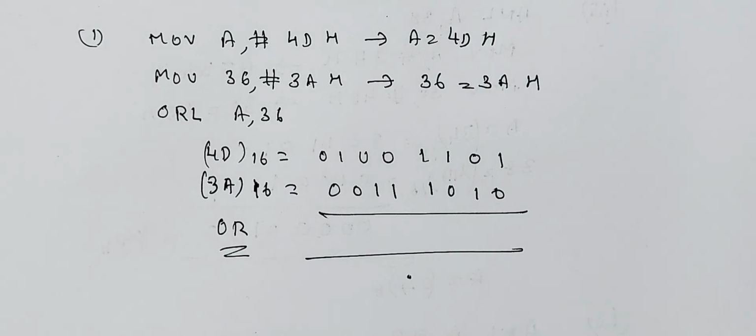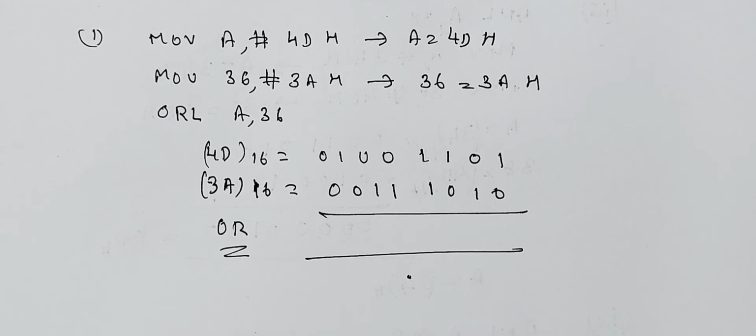You should note that Boolean addition is different from logic addition. In logic addition, 1 plus 1 is 1 itself. In Boolean addition, 1 plus 1 is 0 carry 1. You should remember that. Like decimal numbers, 6 plus 8 is 14, so we write 4 first and we take carry 1. That is addition. But logic addition is different.